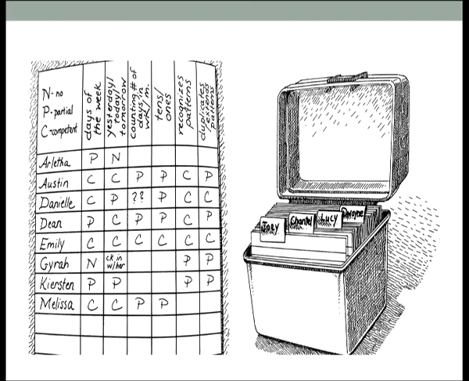Another way of recording the observation is writing down your observations on index cards. You can see in a box there is an index card for each child. So, the flags are coming out, that is the name written on each index card.